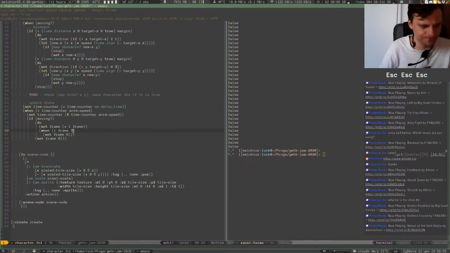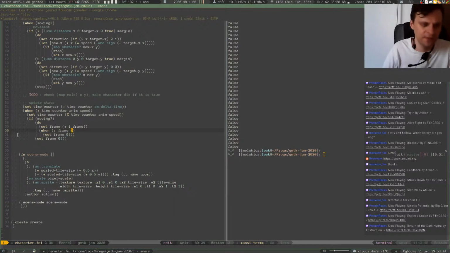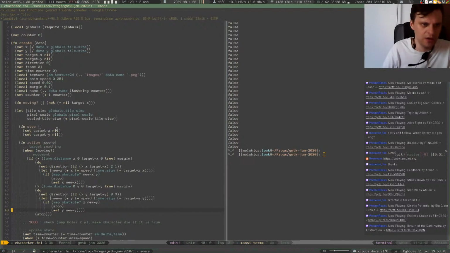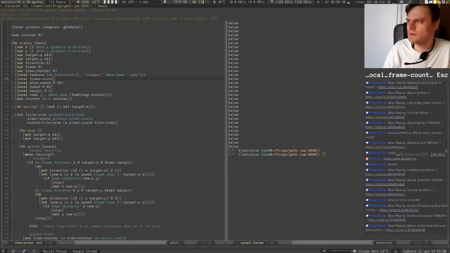So I'm having the constant here, so instead of this hard-coded 3, I should have the length, the count of frames. So yeah, the frame count. And for that, I need to get the